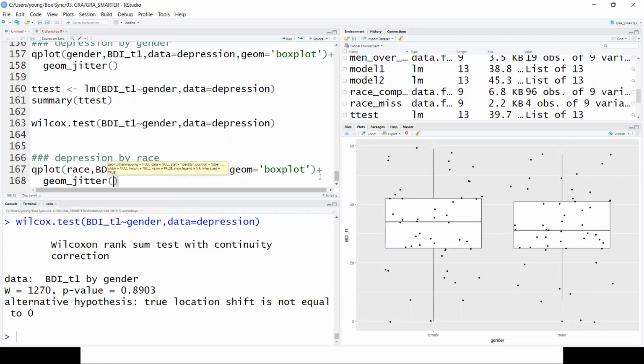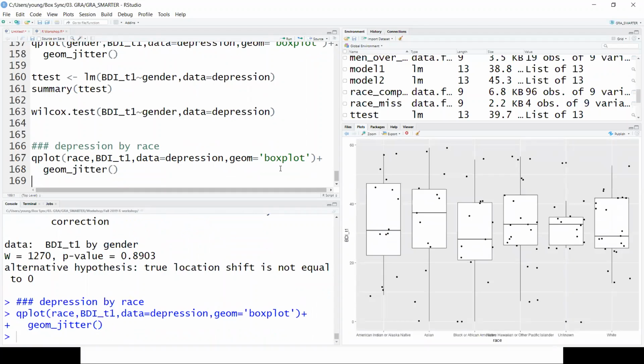So okay, I didn't tell you this, but in ggplot, if you want to add new layers to the plot, you use the plus sign. You're not adding numbers, you're adding layers, but it's still the plus sign. I actually find that kind of confusing, but we're adding a layer of jittered points, so there's a plus sign there. Here you go. And it doesn't look like much of anything going on there, but of course there actually isn't anything going on anywhere because that's how the data set was made.